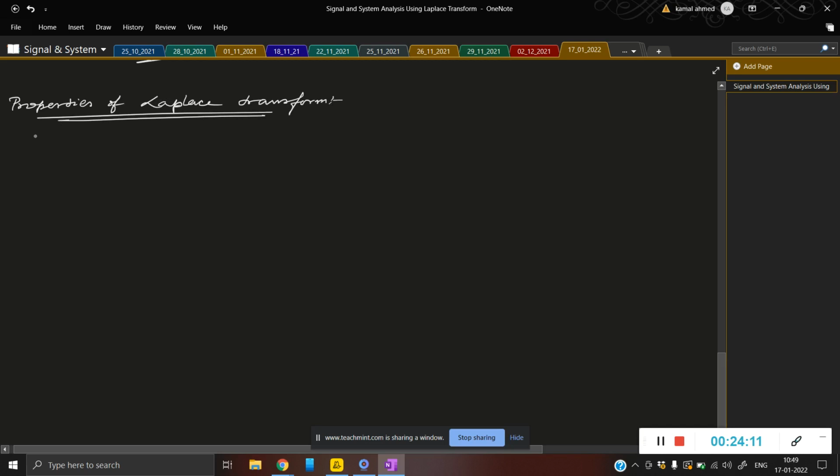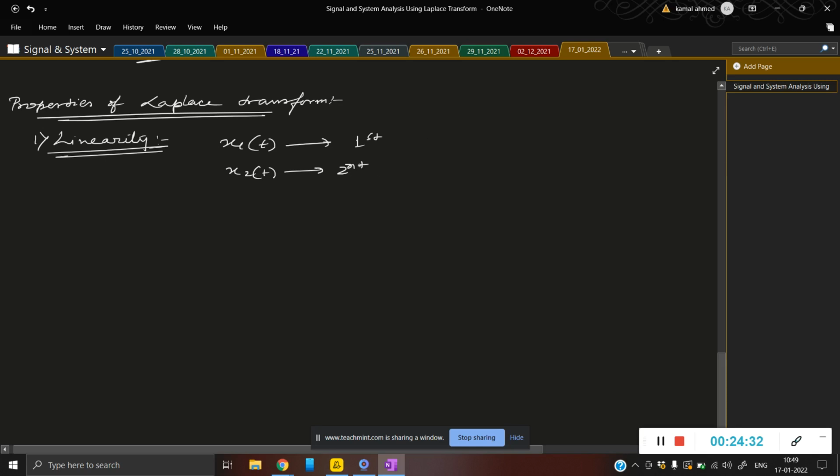First property is linearity. Linearity property. So as per your linearity property, if x1t is the first signal and x2t is the second signal,